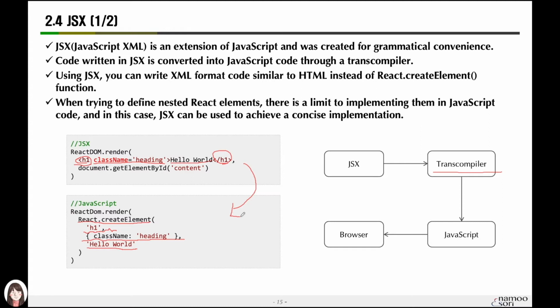Most browsers support up to ECMAScript 5, but certain browsers or specific versions may not support ECMAScript 6. So the process of compiling the React code that we work on in ES6 back to ES5 is called transcompiling. Therefore, we will write the code using the ECMAScript 6 standard JSX grammar.